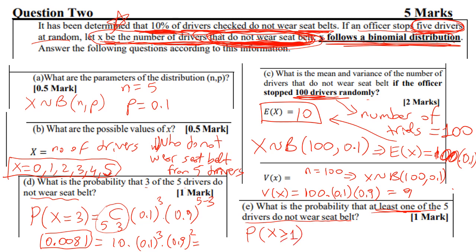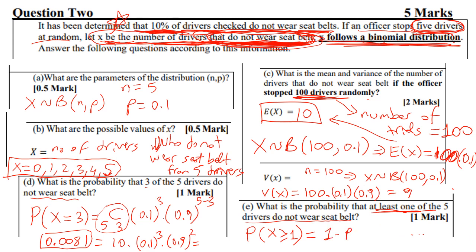So the probability that X is bigger than or equal to 1. In this case, we have to calculate P(X = 1), P(X = 2), P(X = 3), and up to X = 5. But this will take a long time because we have to use the probability formula. Now, instead of this, we will go with the shortcut. The shortcut is